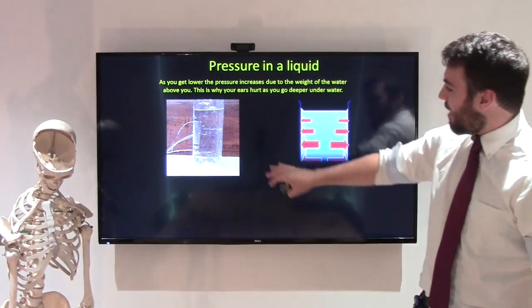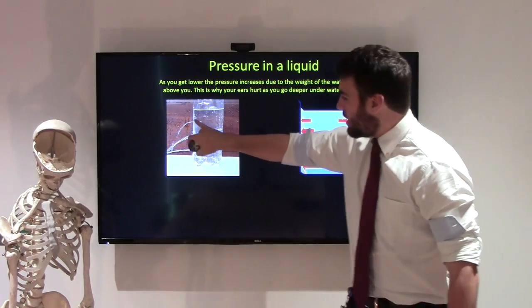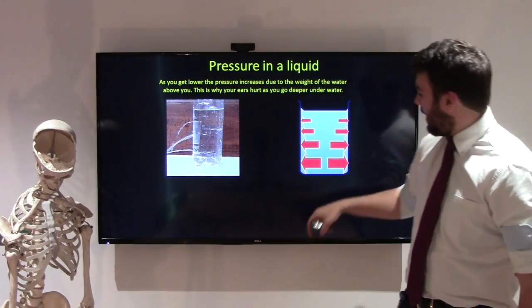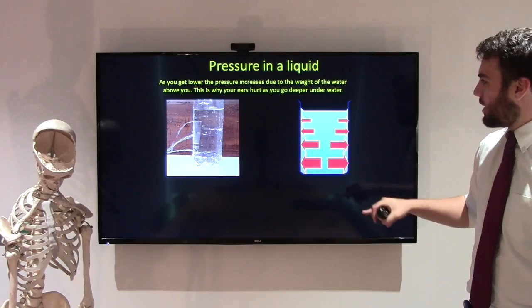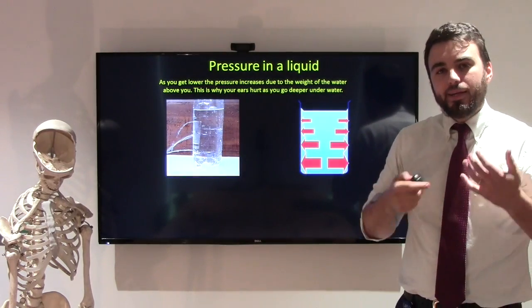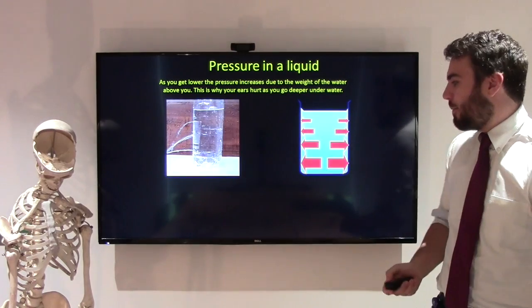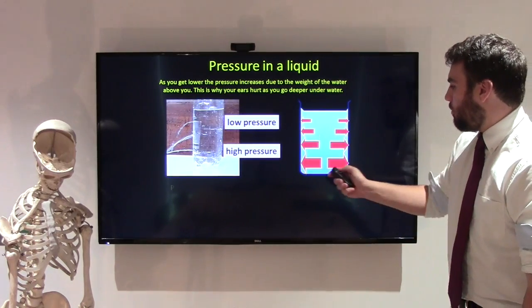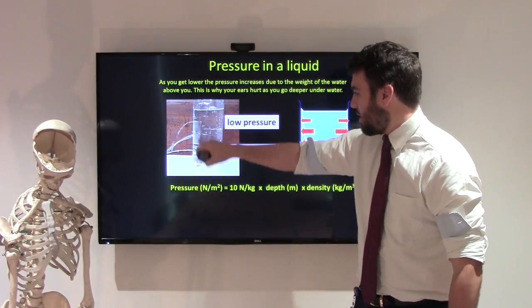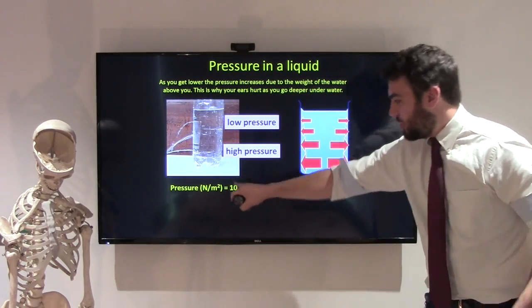Last one. If I have water like this, can you see that the water's coming out just a trickle here, but it's already gushing out the bottom? And that's because the pressure goes up as you go down. You know that because your ears hurt as you go further underwater. But we need an equation to say how much it goes up. Well, we've got this equation. The pressure difference between the top and the bottom, so let's say if we're here, would be g,